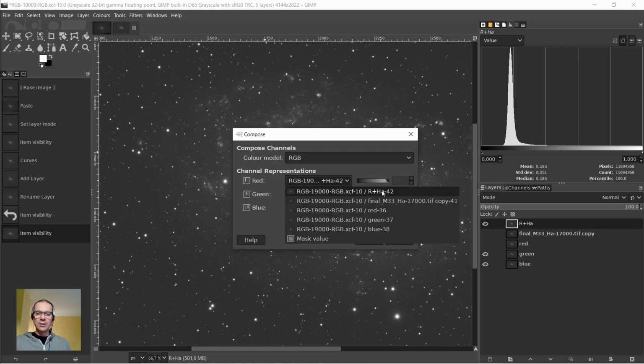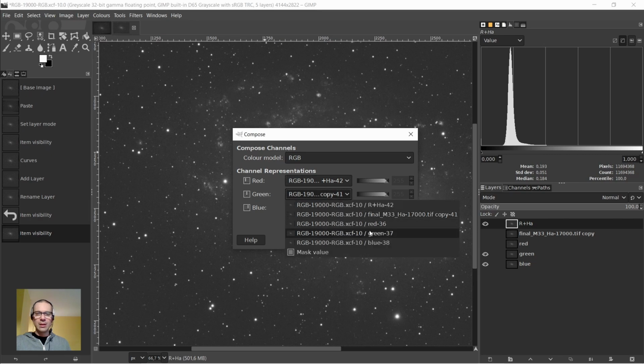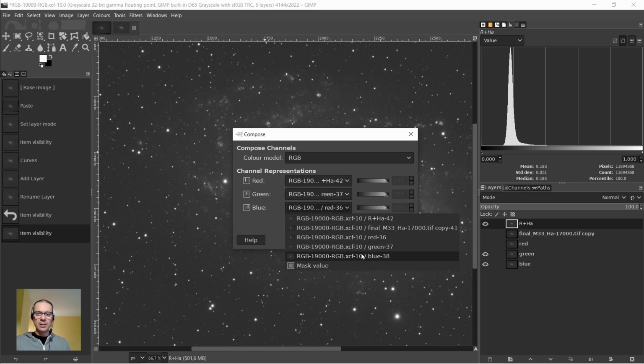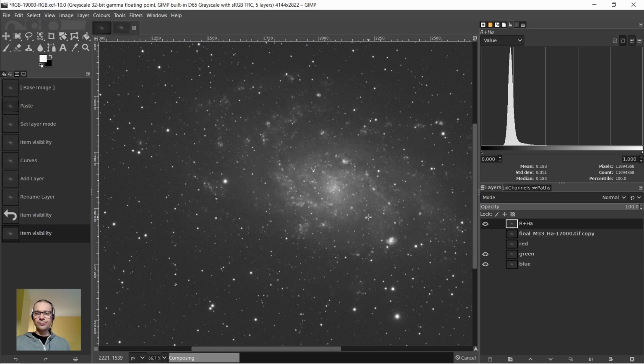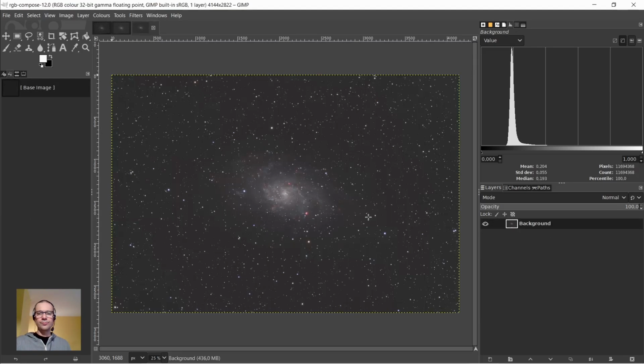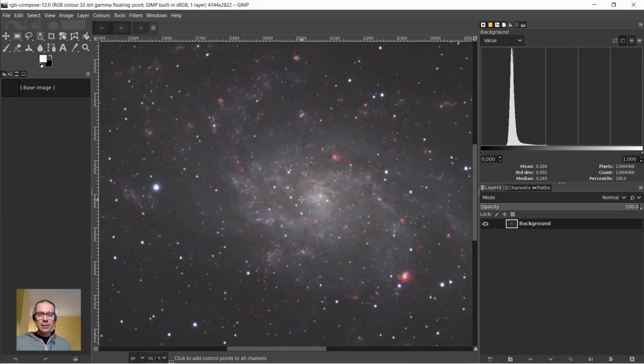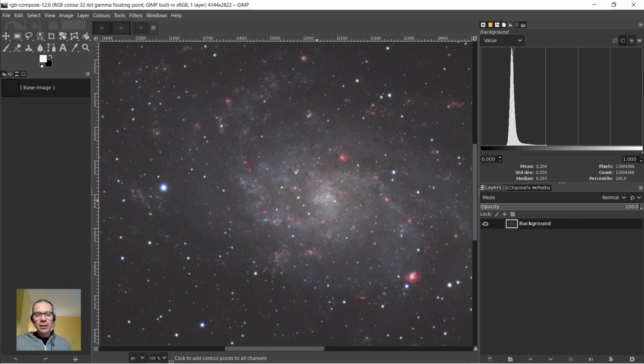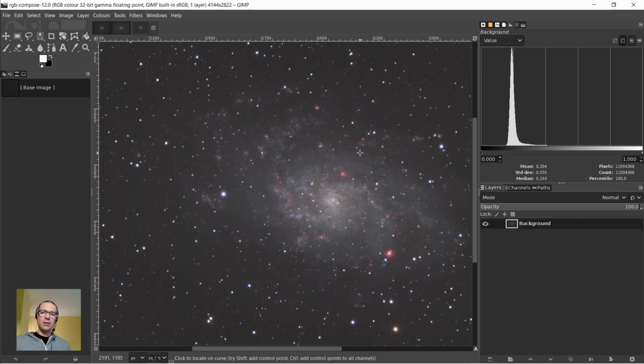So as red, I use layer R plus H-alpha. As green, I use green, and as blue, I use blue. Okay. Yes, I think this is what I want. Edit, copy,